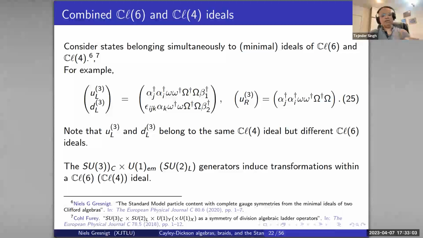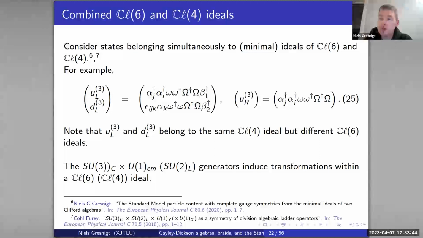So I'm trying to understand what you did with CL6 and CL4. How is this different from what we are doing with CL7? I'd have to look at your paper again more carefully, because off the top of my head I cannot remember. I do remember reading it and thinking how the way that you've written things is very similar to the Cayley-Dickson process. So it did cross my mind that it would be interesting to try and reproduce these ideas about Sedenions, but using the split bioctonions, if I've got that right. Very much so.